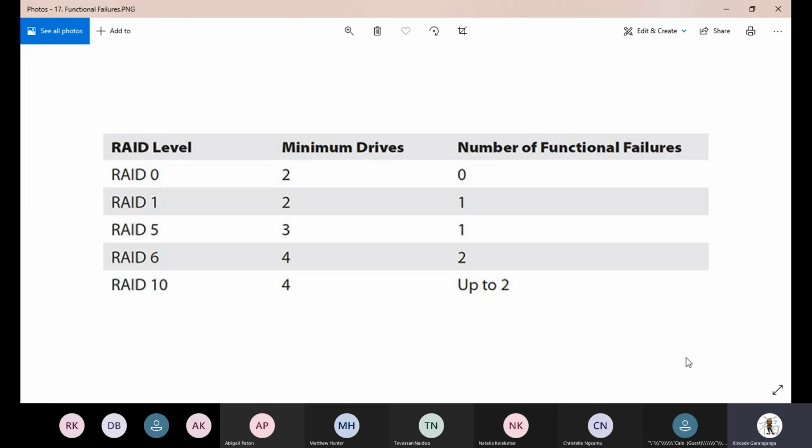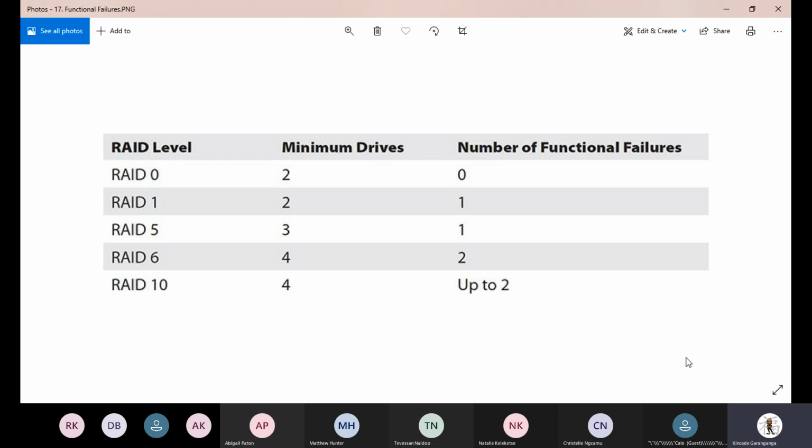RAID 5, minimum number of drives is 3. The extra one is used for checking distributed parity, checking for correctness or integrity of your data. So you can also have one functional failure there. You can only afford to lose 1 drive in that scenario, because if you lose anything more than that, you lose the entirety of your data. RAID 6, on the other hand, extra parity, so you need another drive there used for your mechanisms. But ultimately, you can afford to lose 2 drives. You can still be able to salvage your data from 1. And then RAID